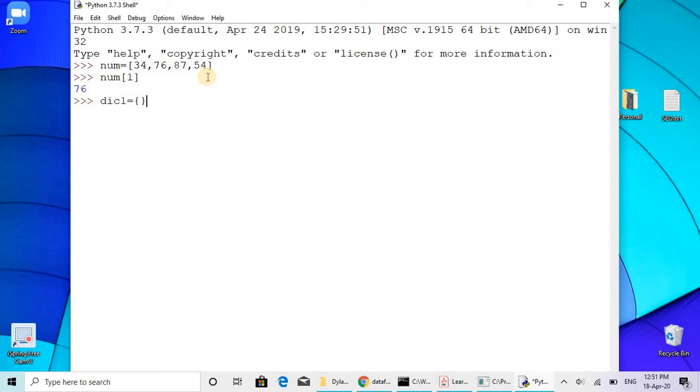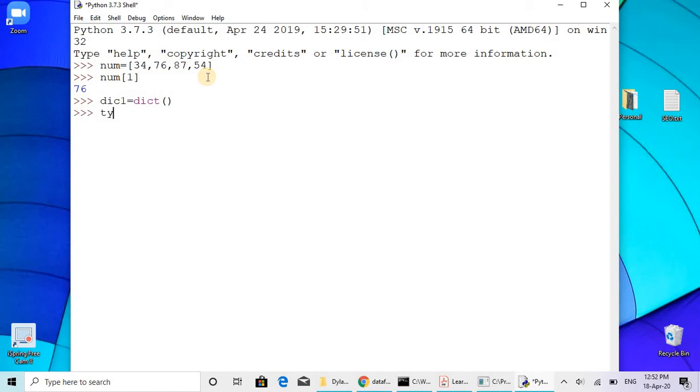You can do it the other way too, by using the dict keyword with a single bracket open and close. This way also we can define a dictionary. Now I have defined a dictionary.